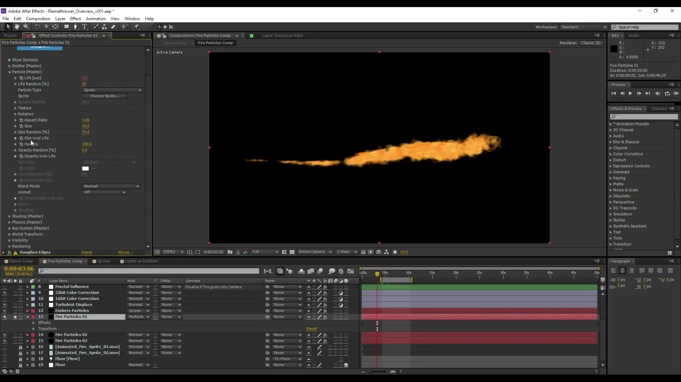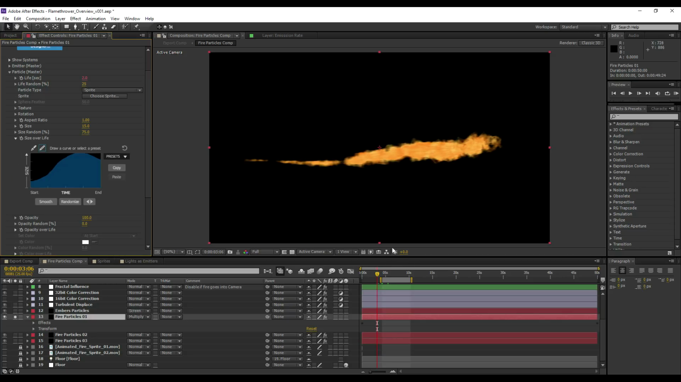Next, let's have a look at the size and opacity. So we're using 15 and 100 for the opacity and size here. But more importantly, we've got an interesting custom curve here. So the idea was to have the fire